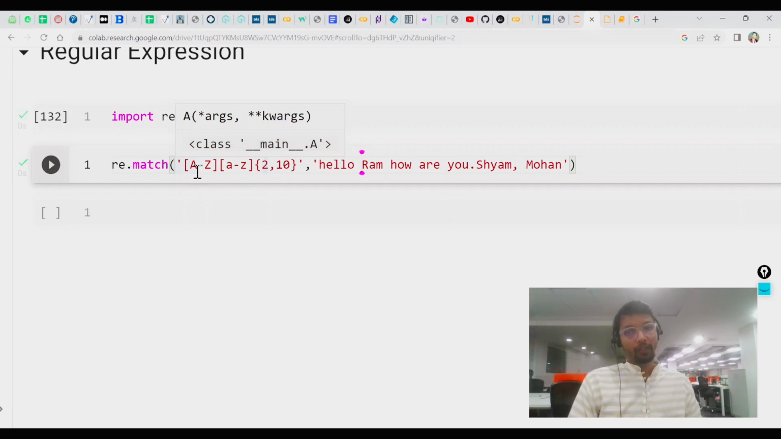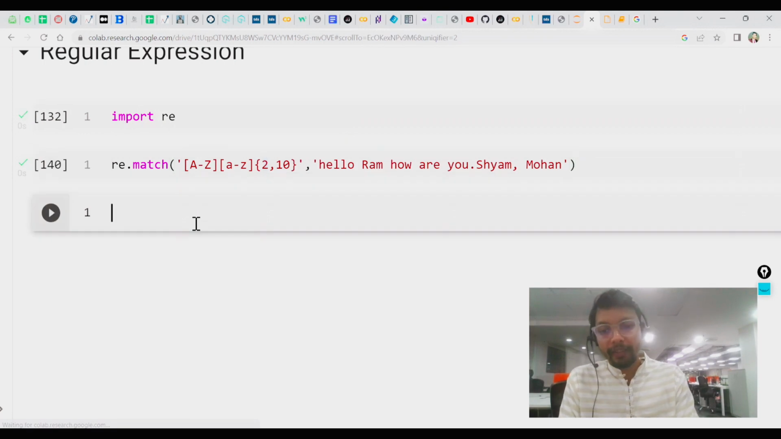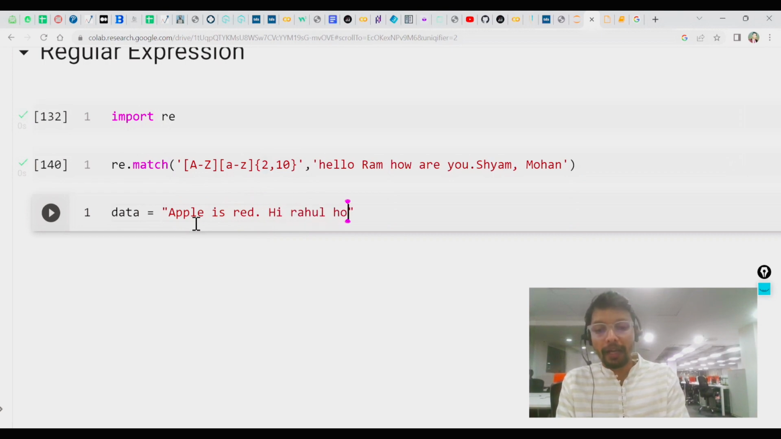of text. Now there you can use regular expression, and you can use the findall function to find out the mail IDs. Let me show you one example. For example, let's say I have some data here. Okay, and let's say something is written, apple is red. Hi Rahul, how are you? Okay, how are you? Your email ID is rahul at the rate